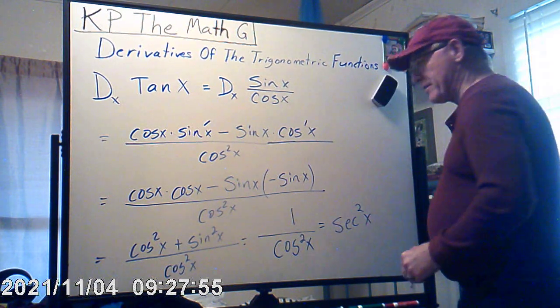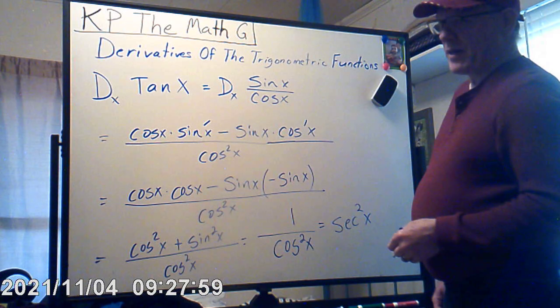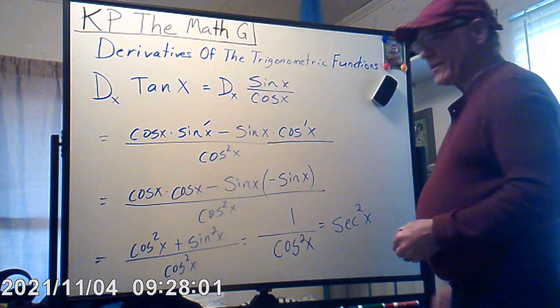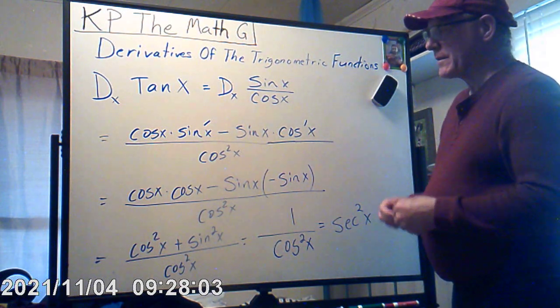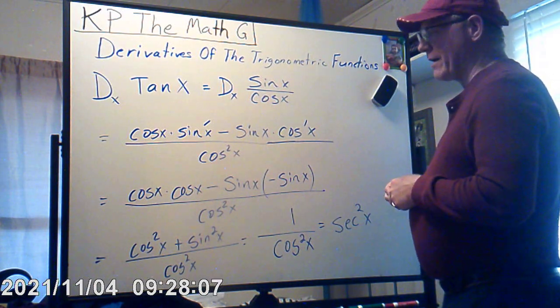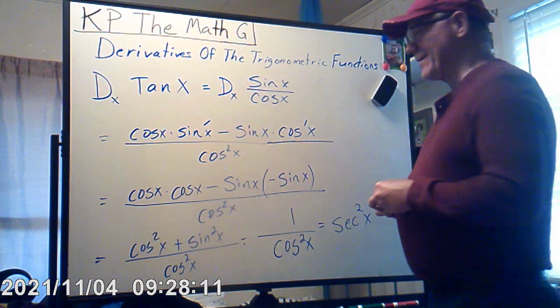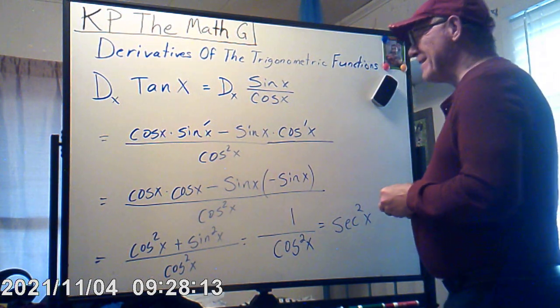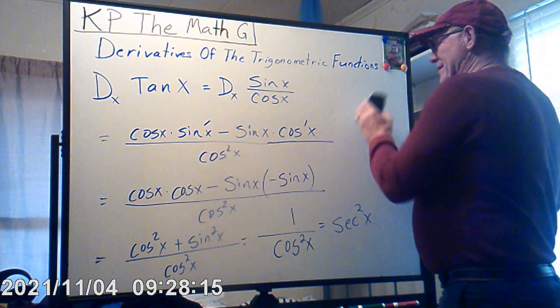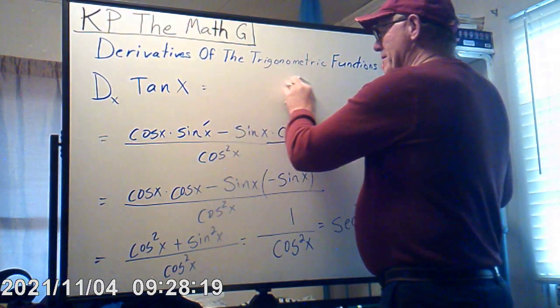And there it is. So again, the derivative of tangent is secant squared x. And that's how you can derive it, but it's better if you can just memorize it, right? Alright, so let's go ahead and do one more, and I think we'll just stop because